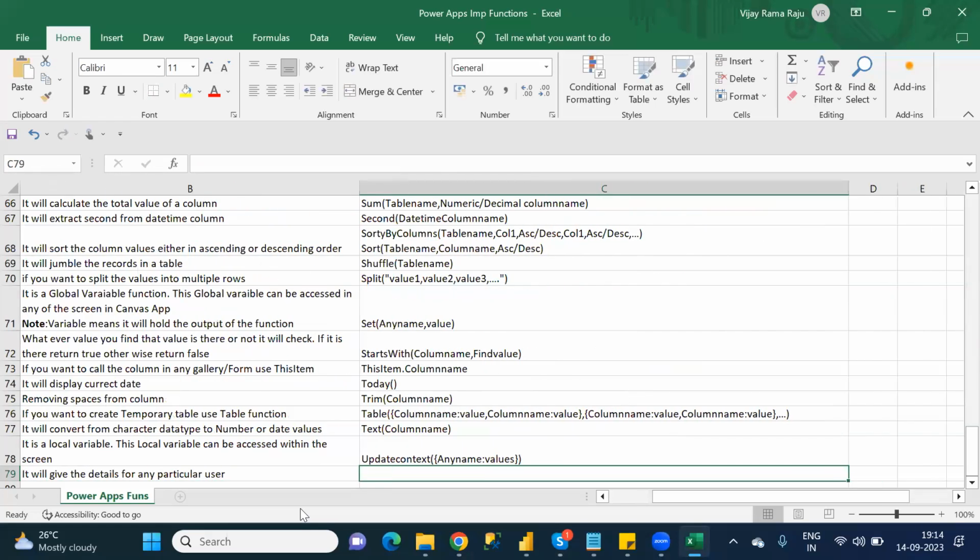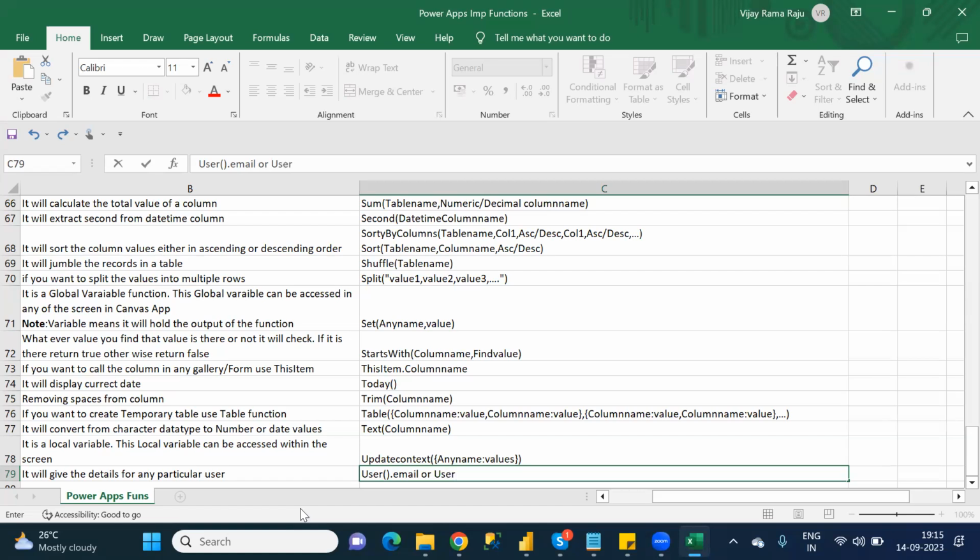The syntax is User, open bracket, close bracket, dot. Suppose I want to know which user is accessing this report. Then you have to write User().Email. You can write like this, or